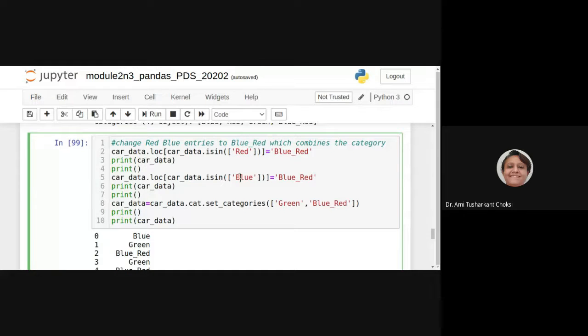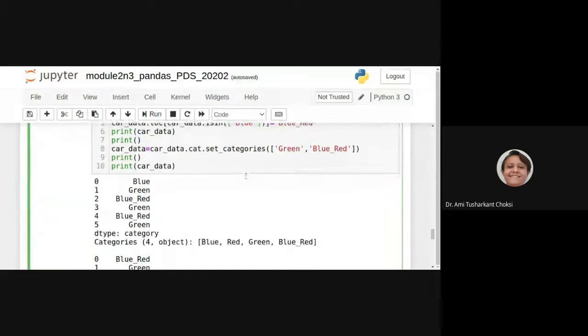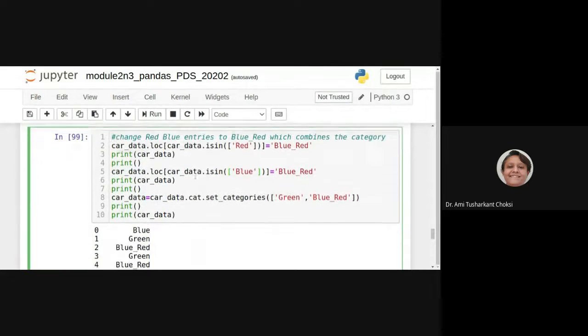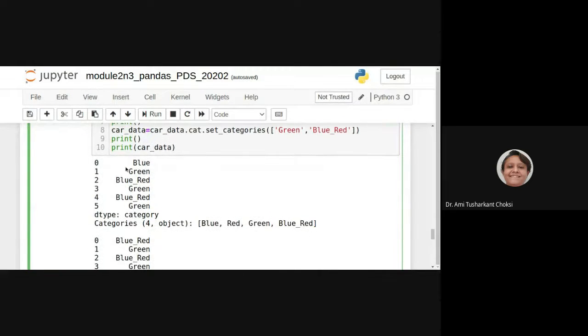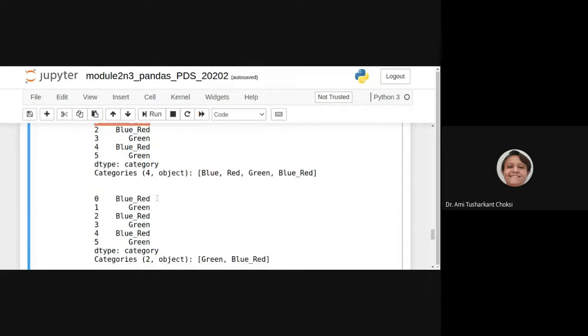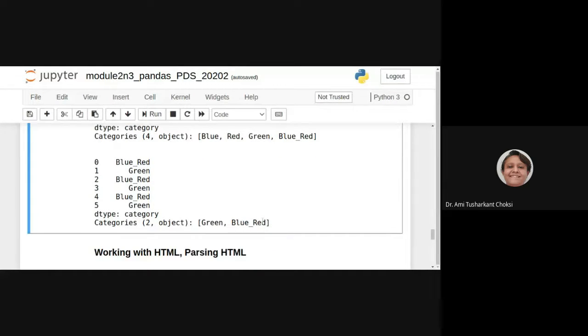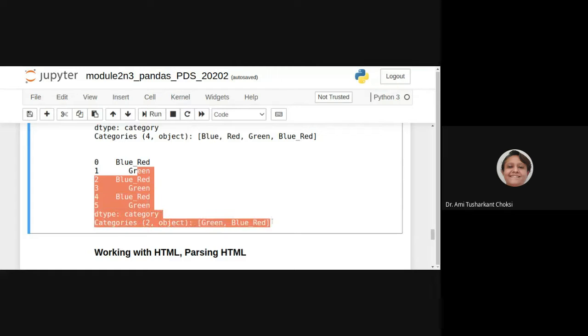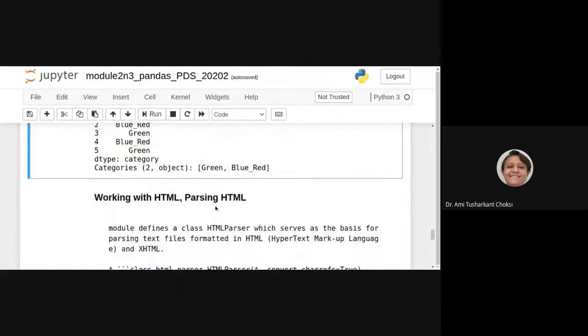Then after this is replacing blue to blue_red, right? Here we are having replacement of red with blue_red. Here we are having the replacement of blue with blue_red. Then after, we are having green and blue_red as the category. Okay.